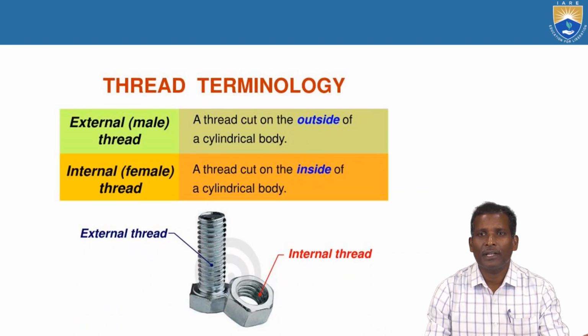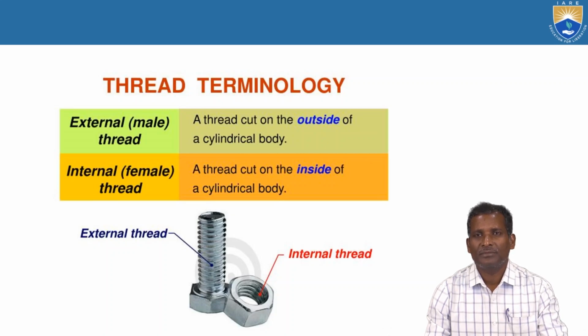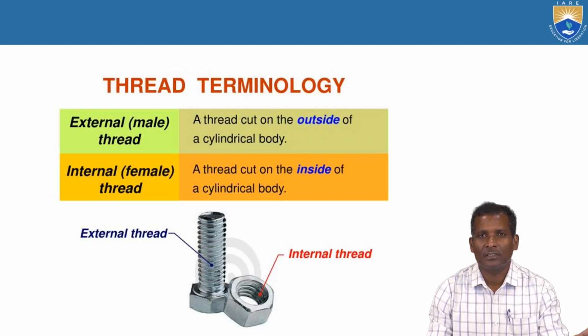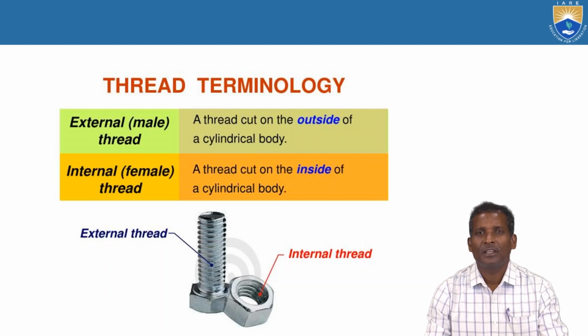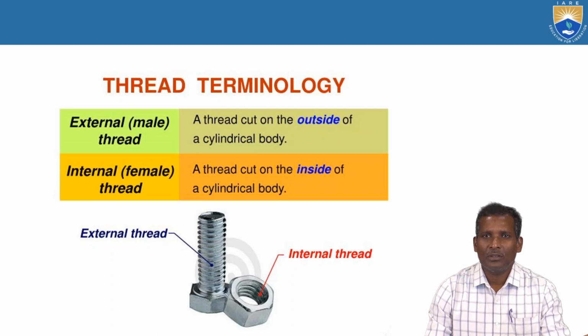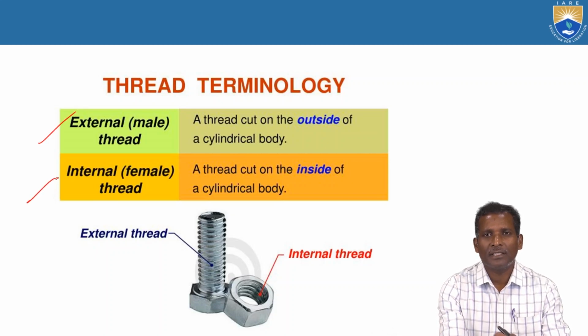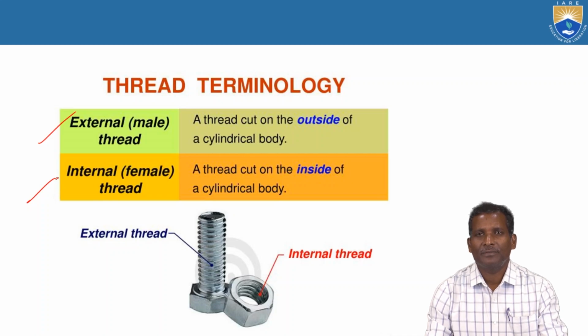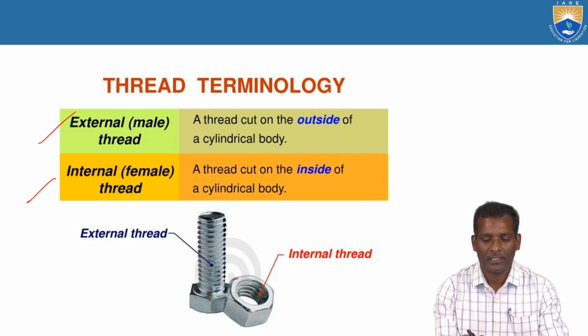What is the important terminology related to these screw threads? Two types of threads are there. One is external thread, another one is internal thread. You can say the external thread is called male thread, and the internal thread is called female thread. Here shown in this figure, the external thread